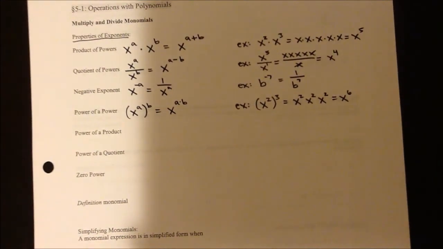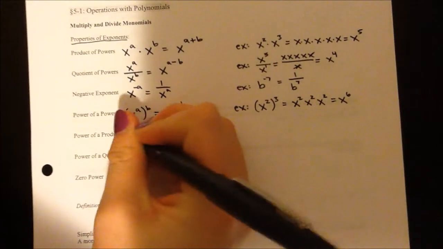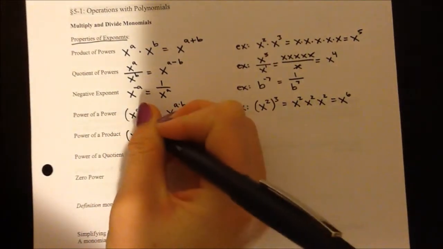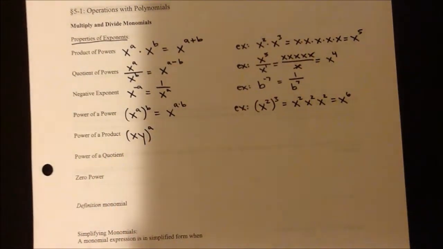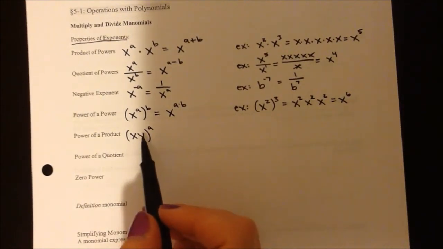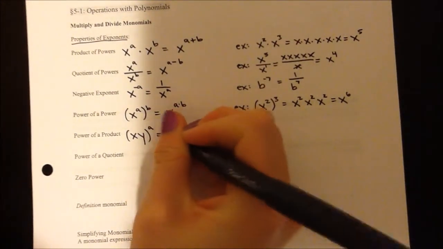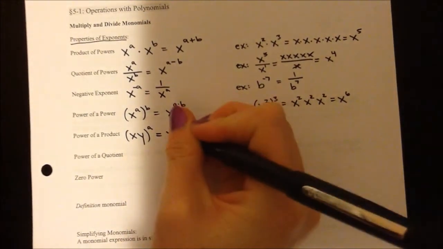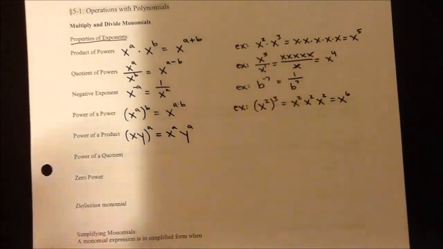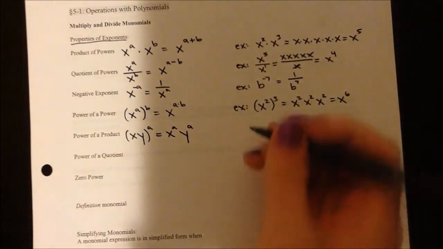The power of a product. Okay, so say I have 2 variables, x and y, and then I want to raise it to a variable a. What I do with that is this is x times y times itself however many times. What ends up happening is I get x a times, and I get y a times. Okay, so let's look at something like